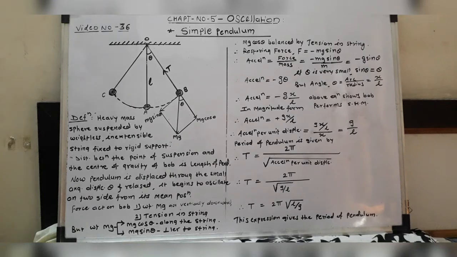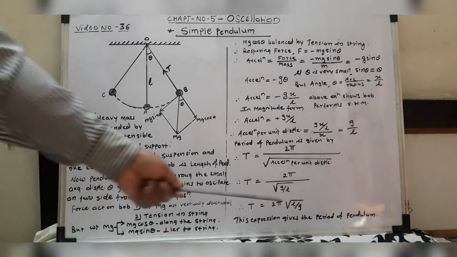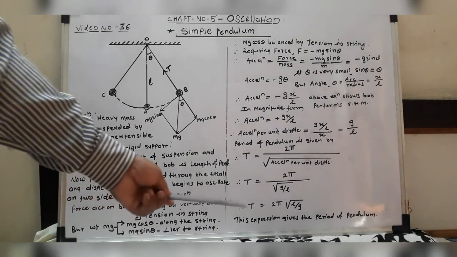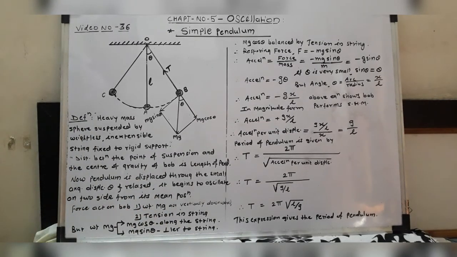This also shows that the period of pendulum depends upon the following factors: the length of pendulum and the acceleration due to gravity, and it does not depend upon its mass. These are the factors on which the period of the pendulum depends, that is the length of pendulum and the acceleration due to gravity, and the mass is the factor on which the period of pendulum does not depend. And this is a very important formula for numericals also. T is equal to 2 pi under root L upon g, and this is the expression for the period of simple pendulum. Okay, understand this?